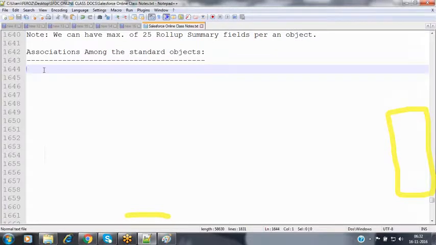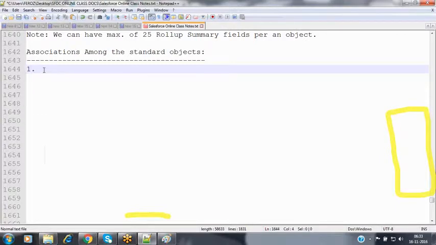Like we have the account and the contact. These two we haven't created. These two objects are ready-made objects, and between those two we have some association. And then we have account and the opportunity. Between those two, we have some association. We haven't mapped that association manually. But between our custom objects like position, candidate, and hiring manager, we have mapped the association, because these are our custom objects based on our need. We have mapped whatever association we want. It may be lookup or master detail or many-to-many. But now we will see what associations are available among the various standard objects in Salesforce.